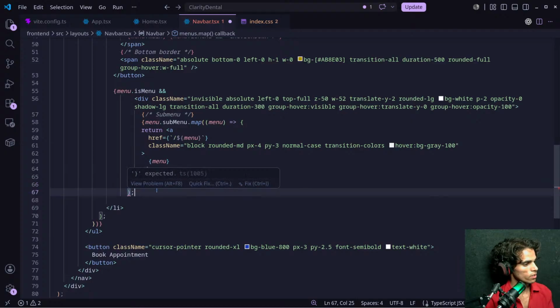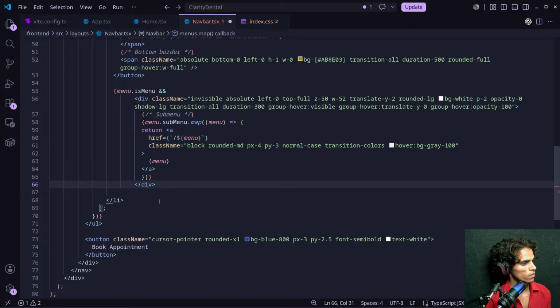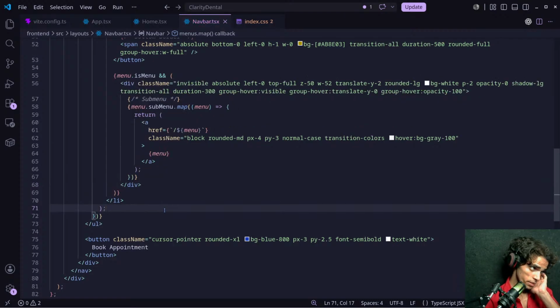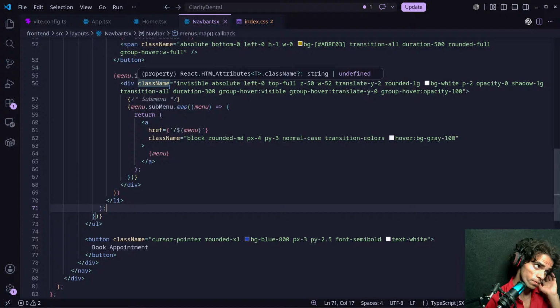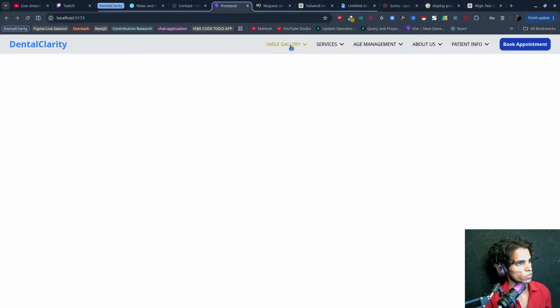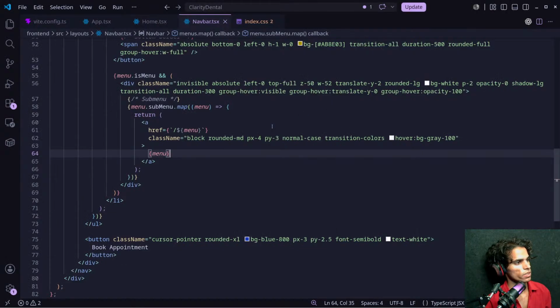Okay, let's cut this. This is the problem. I would like to wrap it like this, and yeah, this is correct now. If is menu is correct, I would like to show this too, and then we will do this. Inside this, we are going to show is menu. It's still the same problem.